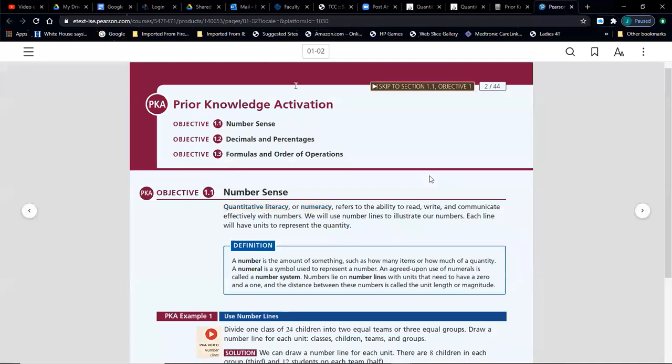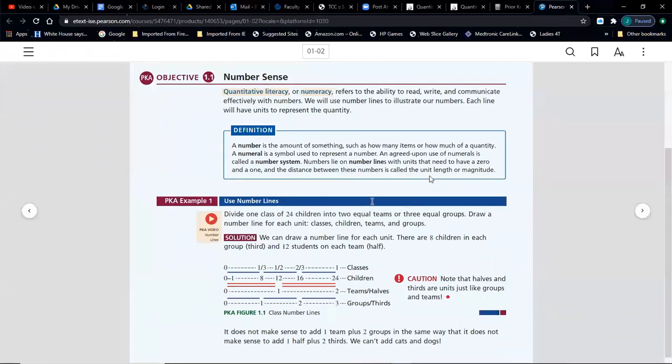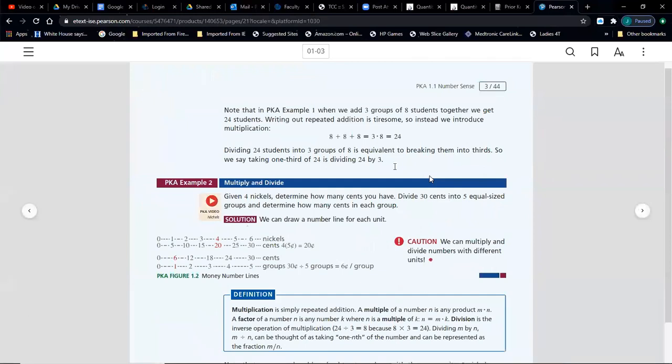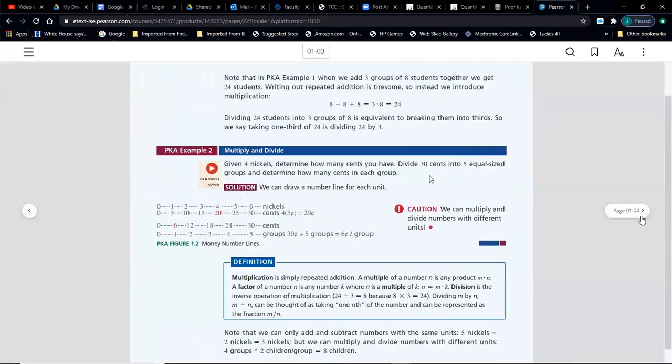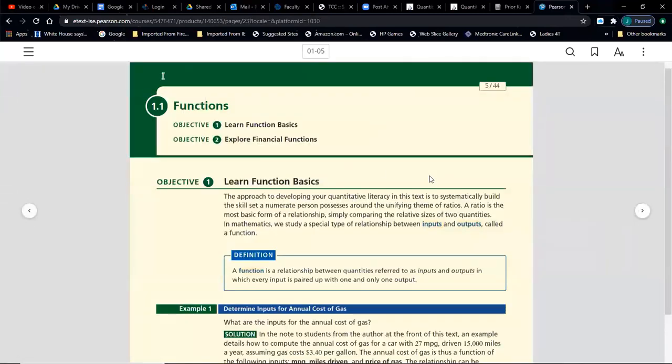So there was actually a couple pages before the first page of the section, and they're just going over very basic number definitions, number lines, multiplying and dividing, very base concepts. But then after a couple pages of this, you get into the actual section of 1.1. So the textbook is completely blended with all this pKa stuff, again, up to and including chapter 4.